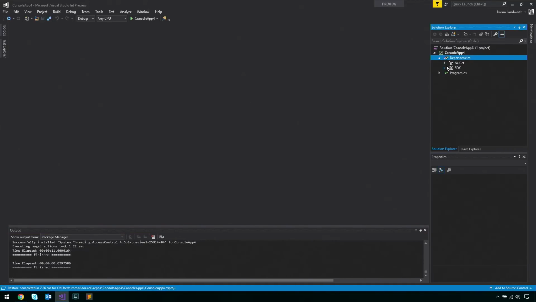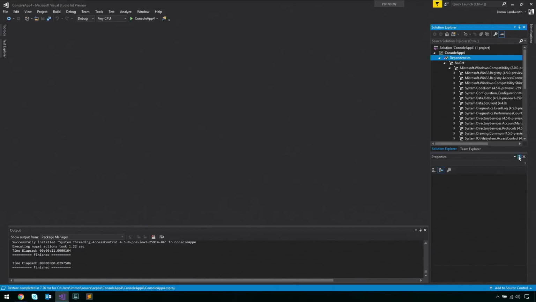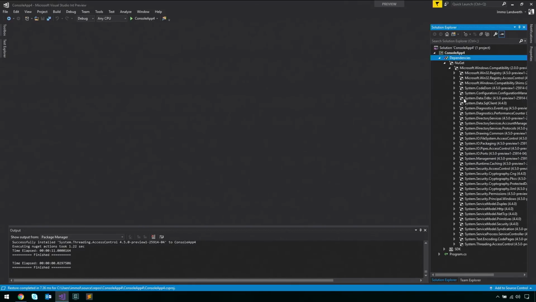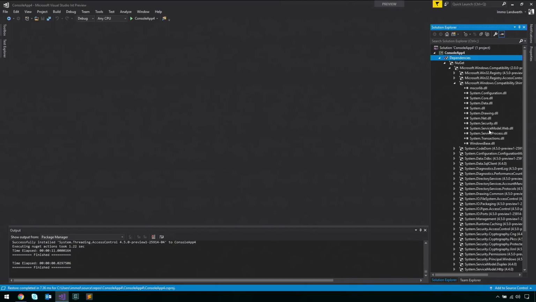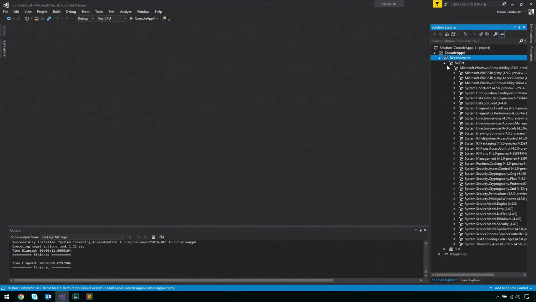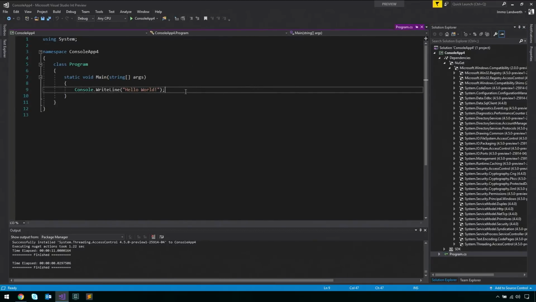And after you have done that, if you look into your NuGet here, you see the Compat pack, and then you see basically all the individual NuGet packages, and when you do, then you see all the assembly references that we add. So once you added the Compat pack, you no longer have to add individual assembly references like you do on full framework. But when it comes to source code, if you want to use, let's say,